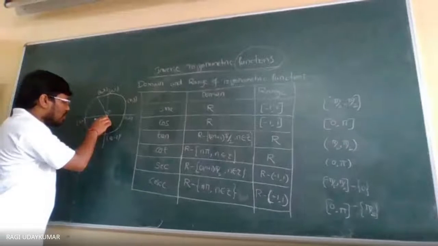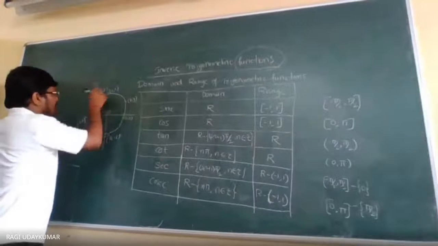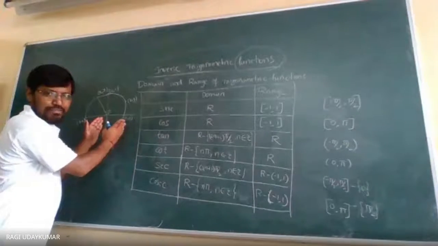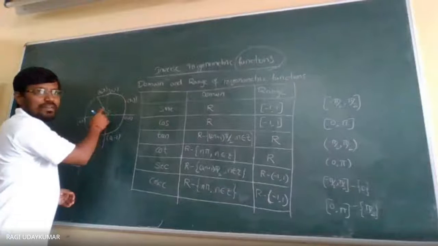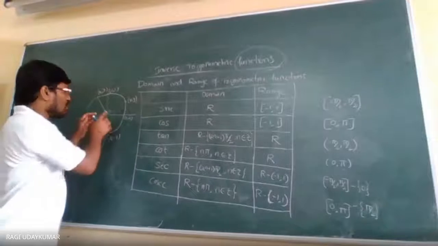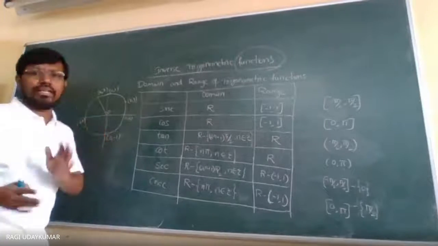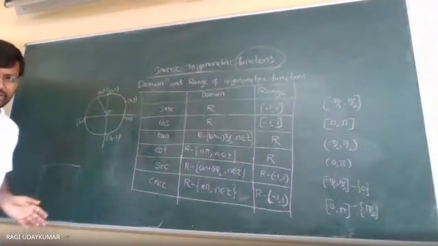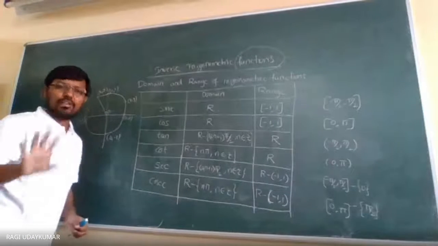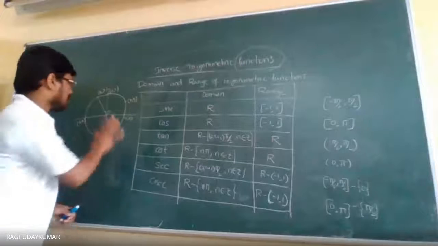If you observe here properly, since it is a unit circle, sine theta is y1. Suppose the circle is not a unit circle and has some radius r, then the sine theta value will be y1 by r. Is it clear? And cos theta will be the x coordinate. You have learned all these things in the 11th class; I am revising it. If you keep these things in your mind, with their help you can draw the graph of any trigonometric function in the easiest way. So this is the main thing.